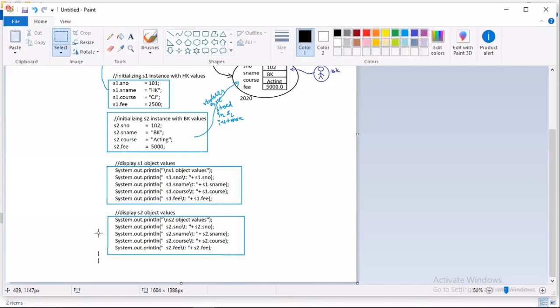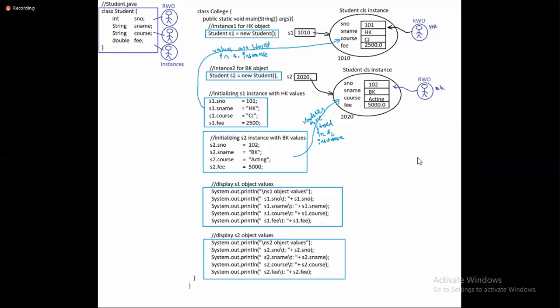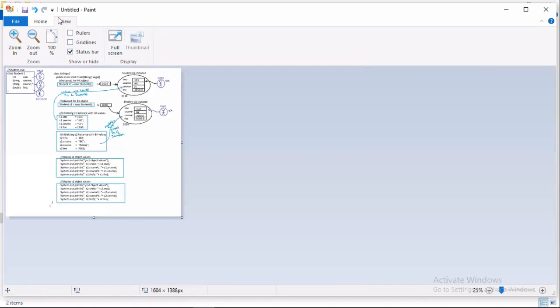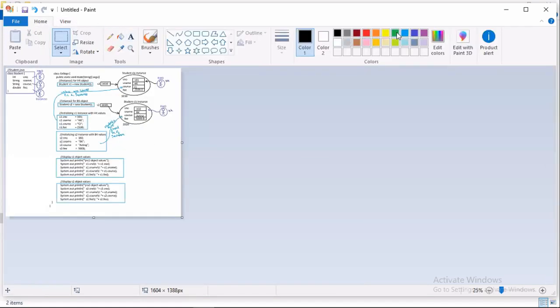If you understand the real world, object oriented programming is damn easy. It is a child's concept. To understand this simple concept, in your academics you cry like anything: oh my God, object oriented programming, very tough, very tough.